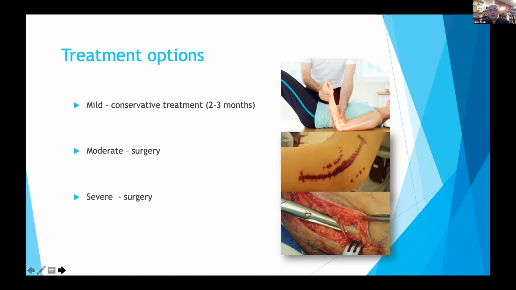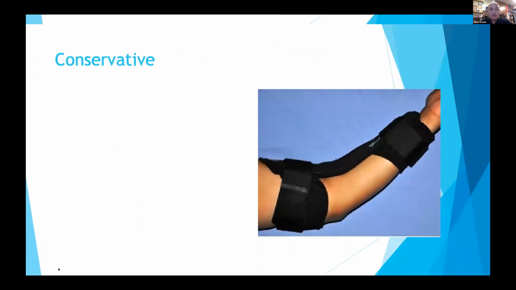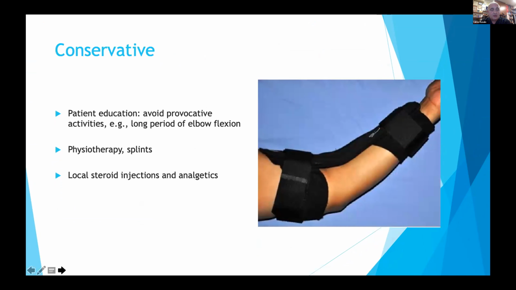I would just go through all this in terms of overviewing, because you will hear in the next presentation from Deborah and Shimon and Kartik all about this. In some circumstances, conservative treatment can give some results, but in a very early phase and with a very short duration of symptoms. Usually, patient education is very important in these circumstances to avoid provocative activities and to include physiotherapy and splints, and sometimes somebody can try local steroid injections